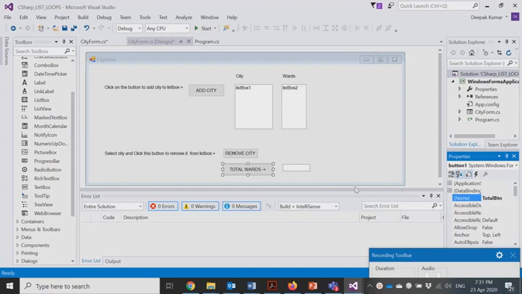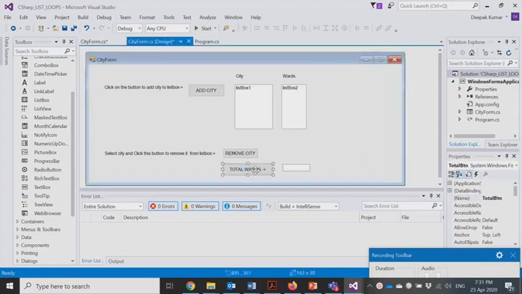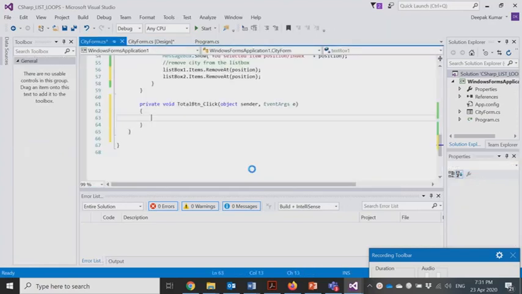So we change the name property here, and once we have done that, we double click on it, and we see that a total button click event handling procedure has already been created. And what are we supposed to do here? We are supposed to do a total of the number of wards that we have in the whole list.